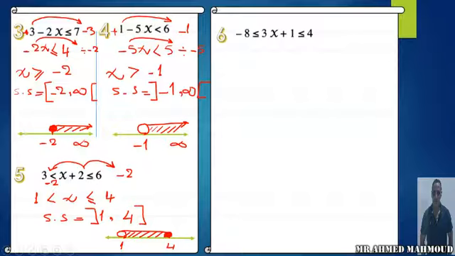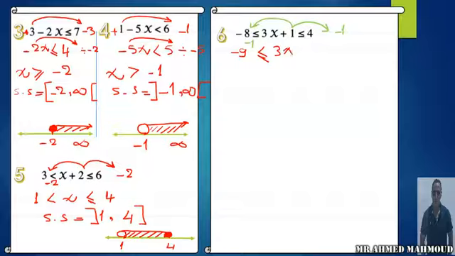The next one, here I have 3x plus 1 smaller than or equal to 4. In this one we have 3x plus 1. I'm going to send plus 1 from this side here as minus 1, and to this side as minus 1. Okay, and then it will be negative 8 minus 1 equal negative 9,